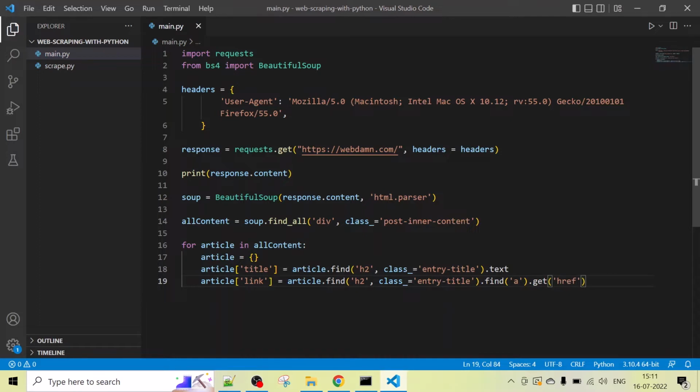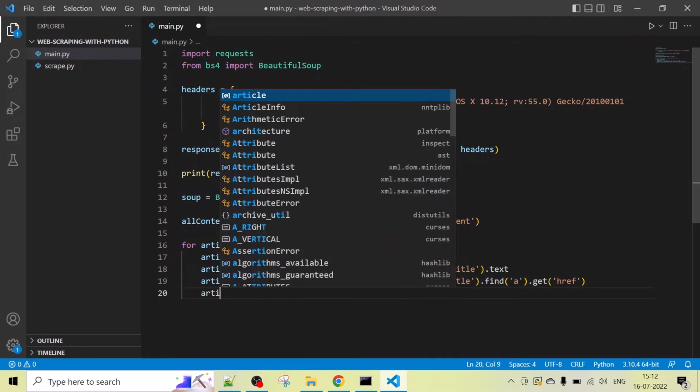Actually, we will get the a href value because we want the article link. So here we have stored article link, and then we will get